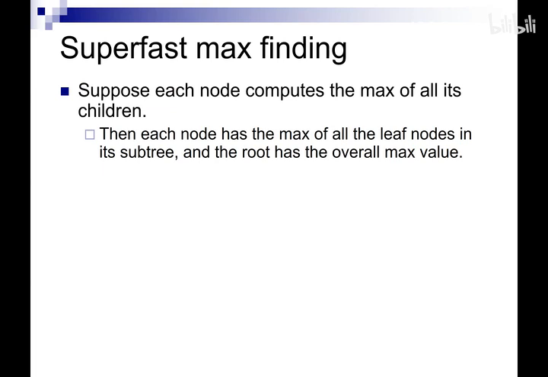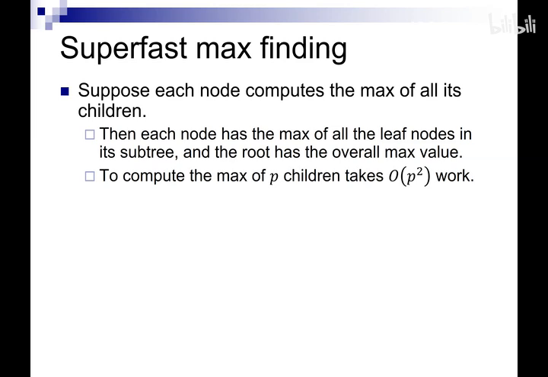Okay, so the way we do this is that suppose each node computes the max of all of its children. If you do that, then as you propagate these values from the leaves to the root, eventually the root is going to end up with the max of all of the values. Now when you compute the max of your children, if you have p children, then we saw